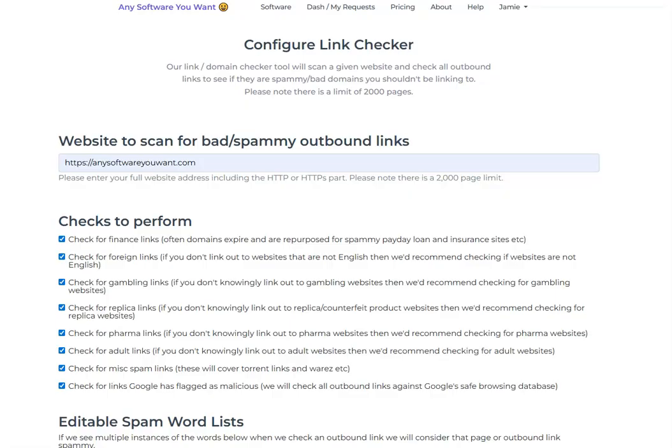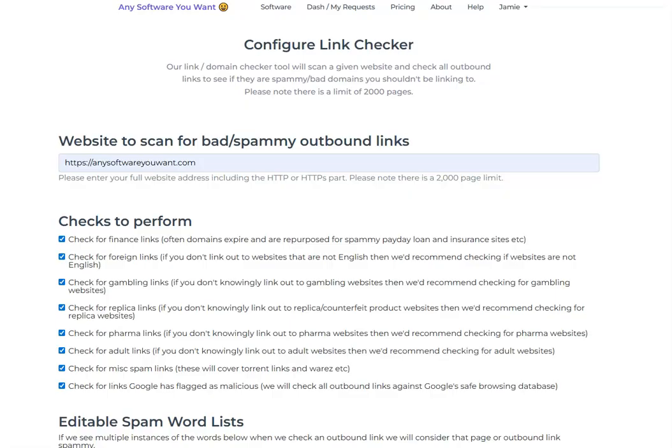There are obviously loads of reasons you don't want to be linking to those sites, but I'll just briefly go over the main two. Firstly, if someone's at work and they're on your website and they click a link expecting to see something about, for example, cooking, and they end up on an adult website, that is a very awkward conversation that they're going to have with their work, so that is a terrible user experience for them